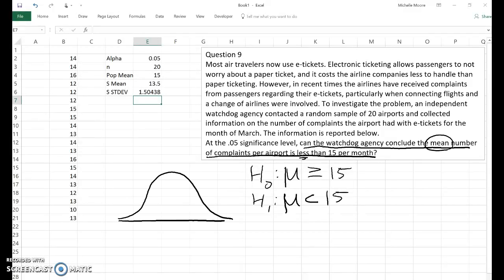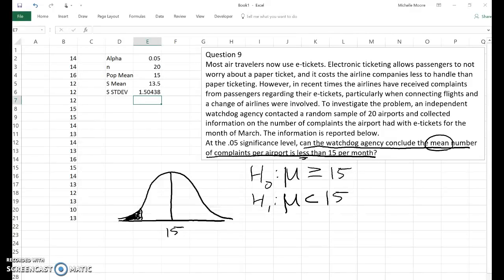Now this is a one-tailed test because we do have inequalities. We only have a two-tailed test if we have an equal sign. That's if the question was, is there a difference? In this case, we want to know, is it less than 15? Now 15 goes in the middle right here. And we are going to be on the left side of the curve, on the negative side, because the question is it less than 15? And so now we need to figure out what is the critical value at the beginning of that shaded area.